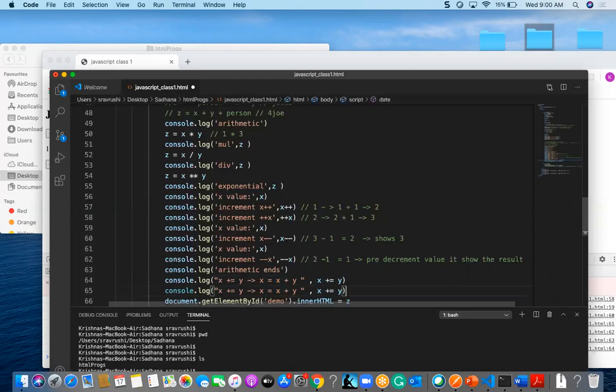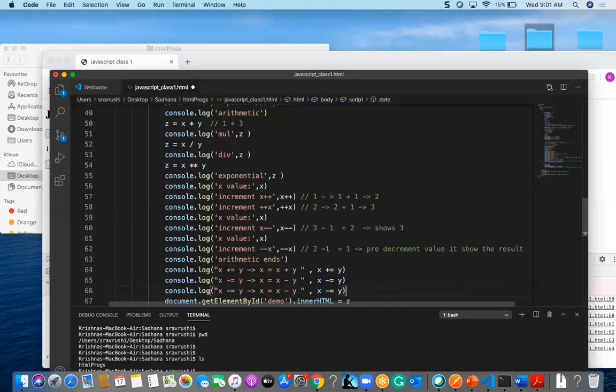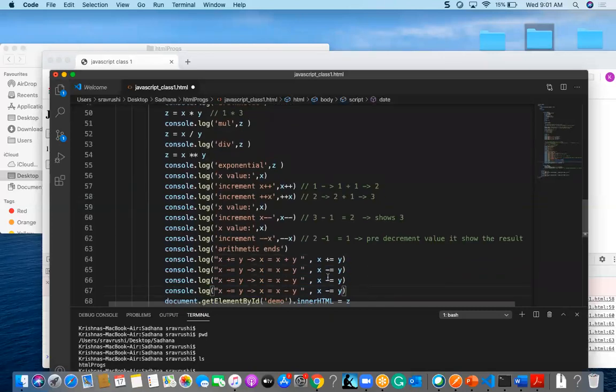In this case it will be x minus y, and the value is stored in x. Likewise, for multiplication it is like that only, and for division also, like a slash.